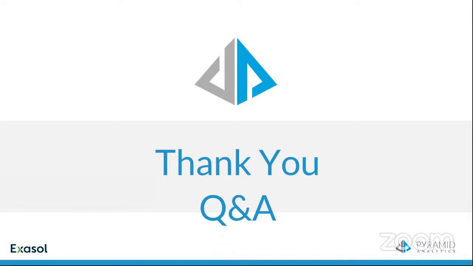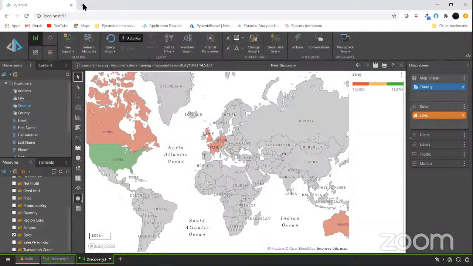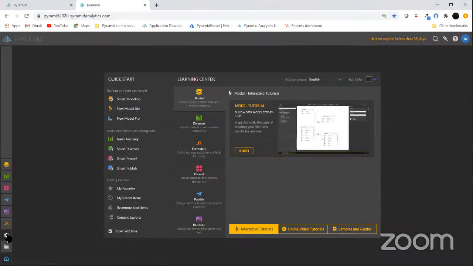We also have a database. If you don't already have data at hand, you want to test out, for example, Pyramid Analytics with existing data, we have a database on the internet for which you can freely register. It doesn't cost anything. You get free access to that. We have different data sets, also bigger data sets where we have those billions of records in there that you can then connect your instance of Pyramid Analytics, for example, to it and do everything with that.